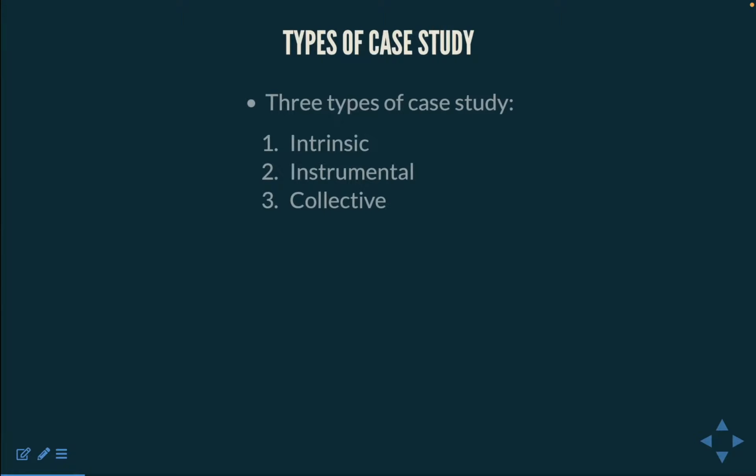There are three types of case studies which we're going to be looking at: intrinsic, instrumental, and collective. And the intrinsic case study is one that is carried out for no other purpose than to give us a better understanding of the case. The case is studied as much for its ordinariness as for its peculiarities. For example, you may wish to examine your own service or your own department in considerable depth. With an intrinsic case study, you would be doing that for no other purpose than to acquire a deeper understanding